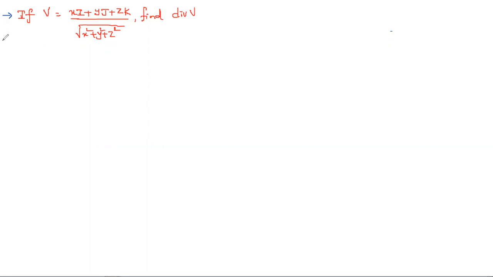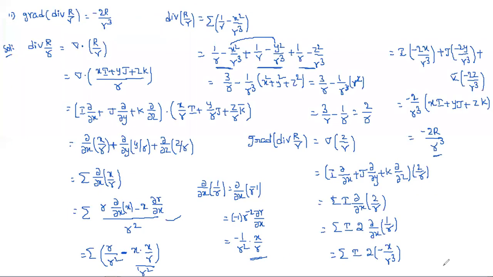This we have of course already calculated; this is not a new one. If you convert it into R, did you solve this one or not? So V is nothing but capital R by small r, and then the divergence of V is 2 by r, which you will get from the previous one we saw. Here it is the divergence of R by r. Is this right or wrong? Same question or is there any difference?